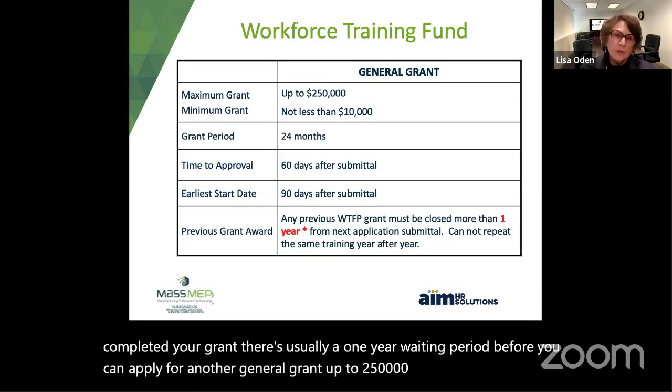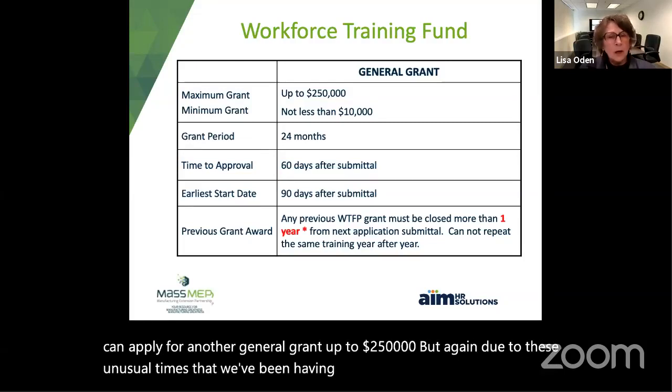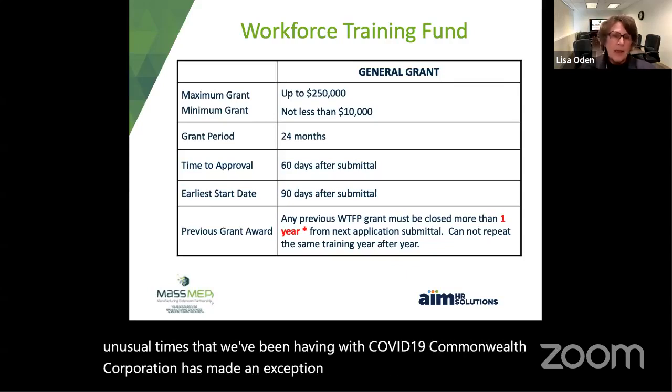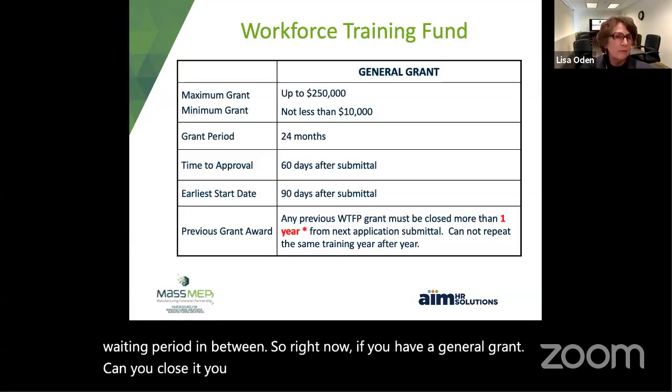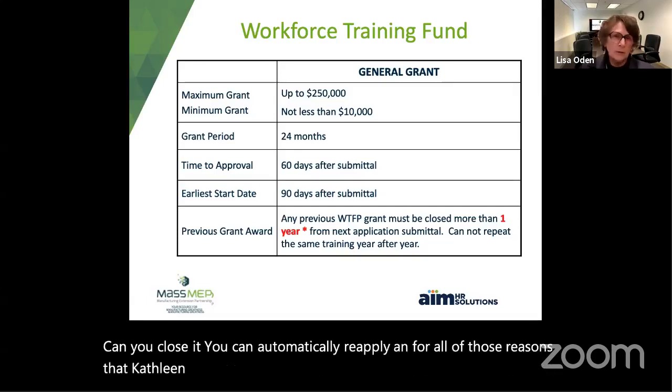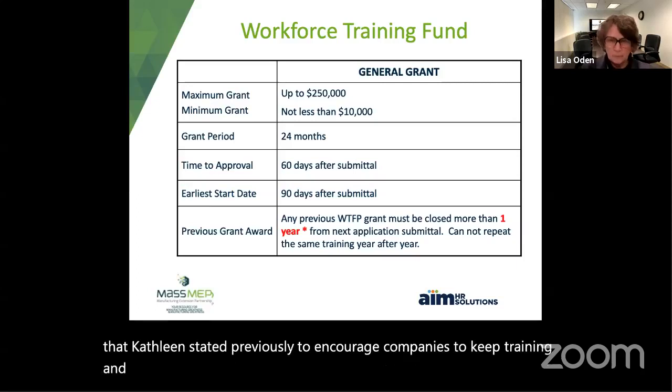But again, due to these unusual times that we've been having with COVID-19, Commonwealth Corporation has made an exception, and they've waived that 1-year waiting period in between. So right now, if you have a general grant and you close it, you can automatically reapply. And for all of those reasons that Kathleen stated previously, to encourage companies to keep training and upskilling their employees.